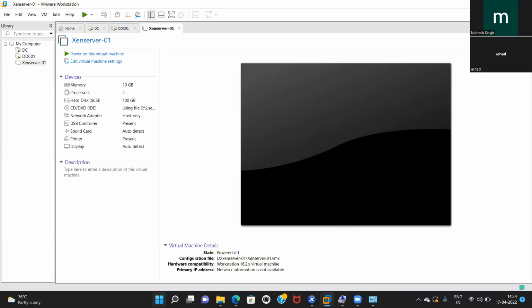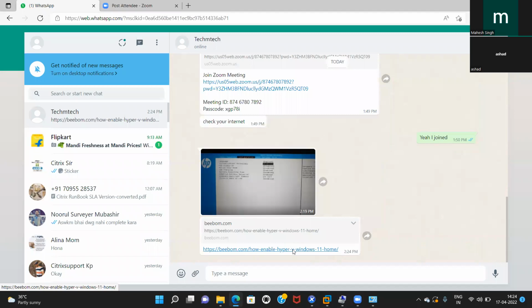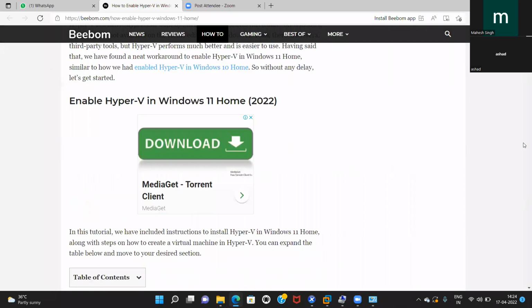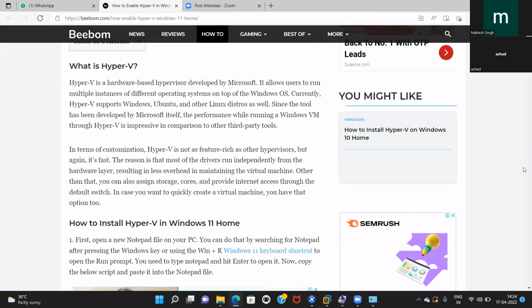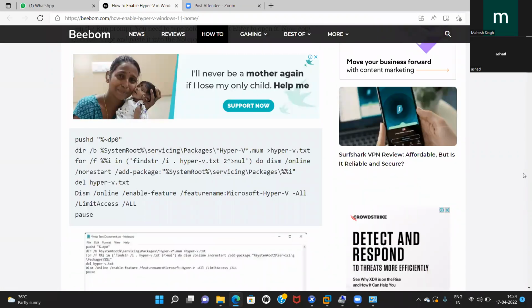देखो, एक वर्क अराउंड है, लेकिन वो वर्क अराउंड जेन्युइन है या नहीं वो मुझे नहीं पता, लेकिन मैं बता देता हूँ। एक यूआरएल मैं तुम्हें व्हाट्सएप पे शेयर कर रहा हूँ, उसको अपने लैपटॉप में ओपन करो। ये मेरा टेस्टेड नहीं है, लेकिन मैंने गूगल किया है तो उस बंदे ने कुछ वर्क अराउंड दिया है। इसको ओपन करो, इसमें कुछ स्टेप्स हैं, इनको स्टेप बाय स्टेप फॉलो करो। अगर कुछ होता है तो ठीक है, क्योंकि ये इश्यूज सिर्फ होम एडिशन में ही आते हैं, प्रोफेशनल और एंटरप्राइज एडिशन में नहीं आते।